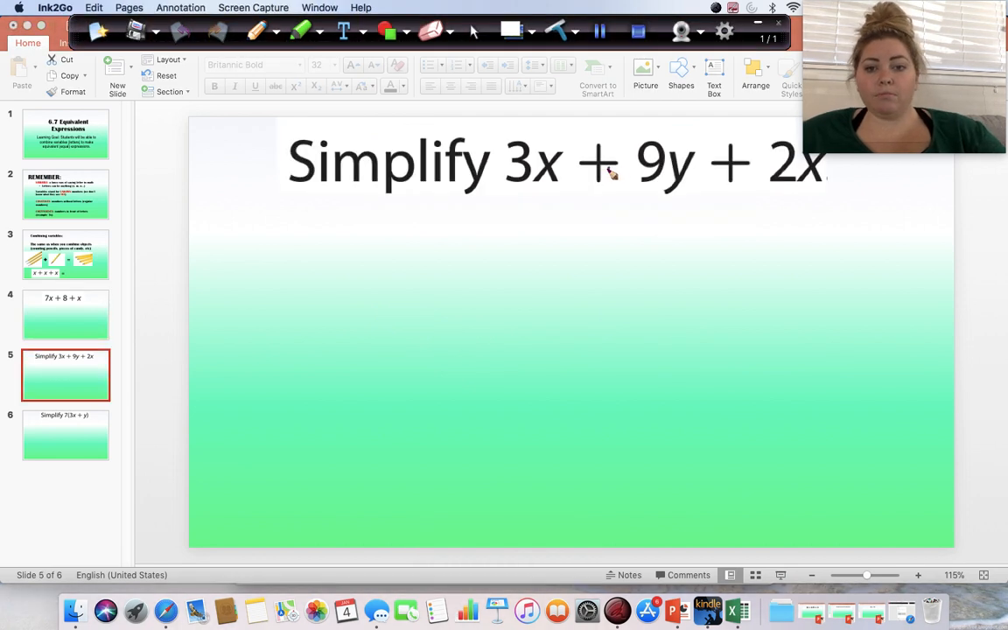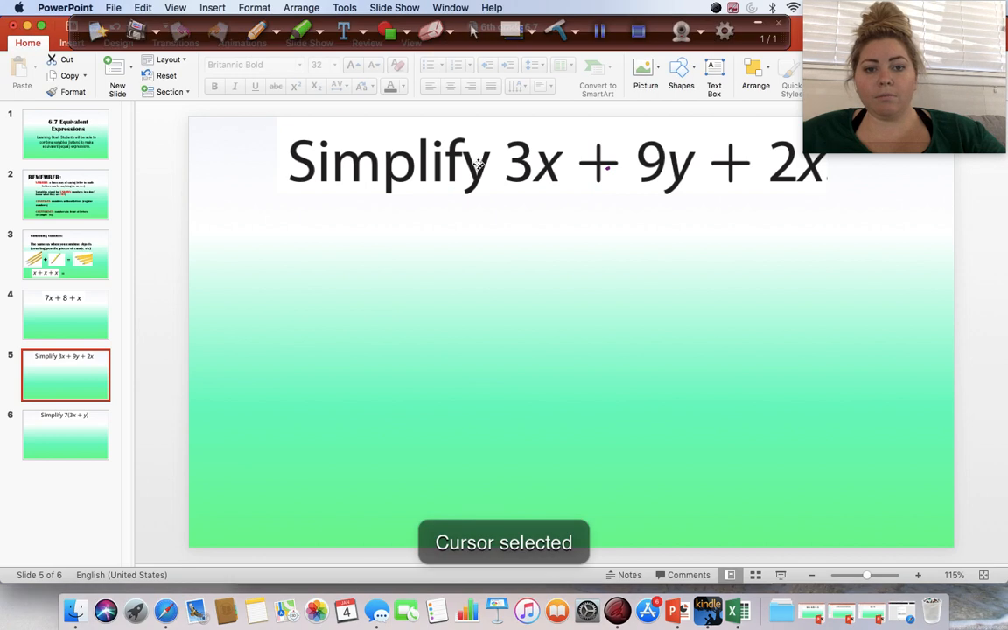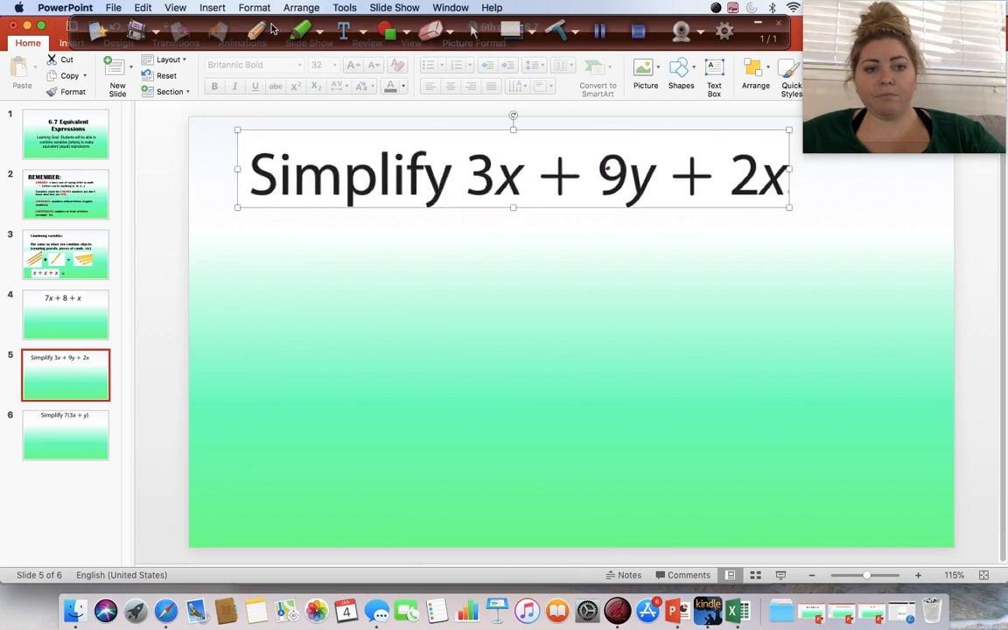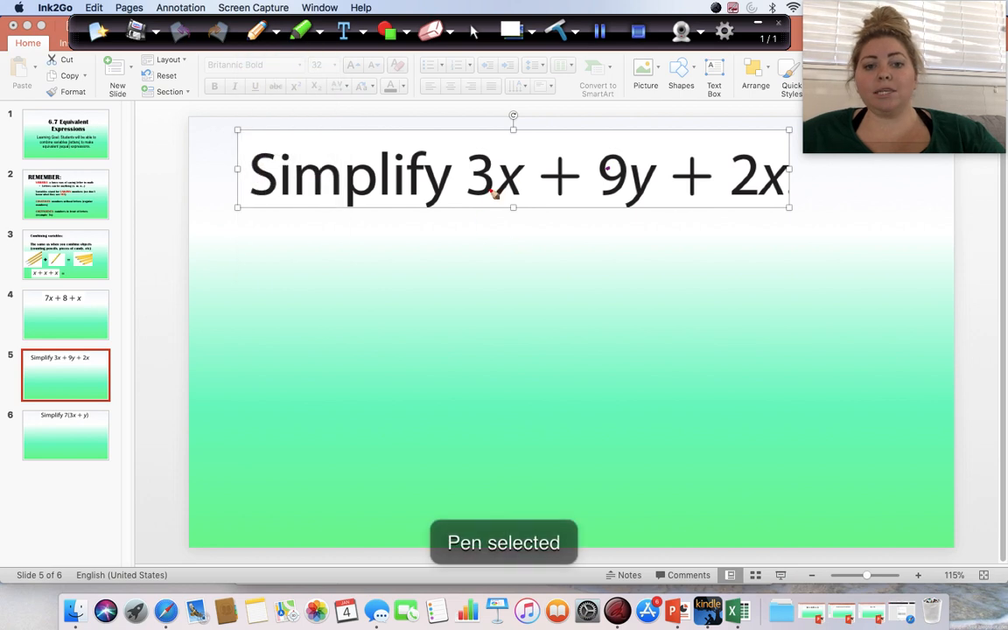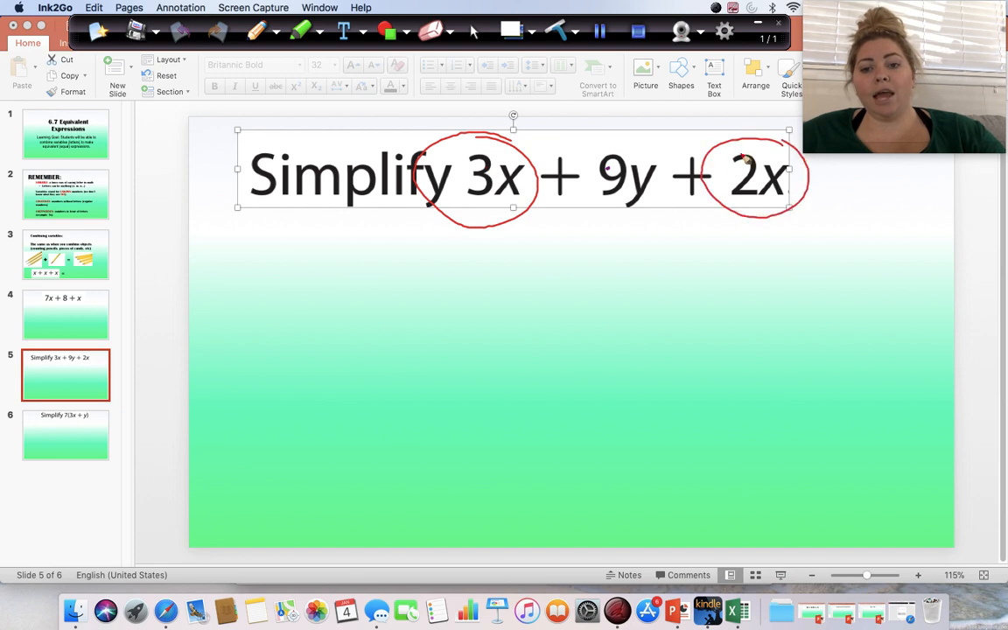All right, we want to simplify 3x plus 9y plus 2x. So 3x's plus 9y, these are not the same variables, so we cannot combine them. And then we have our 2x over here. So we want to combine our 3x and our 2x. 3x's plus 2x's gives me a total of 5x's. And then we have